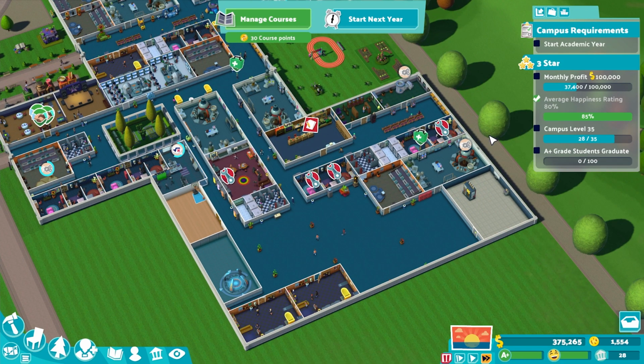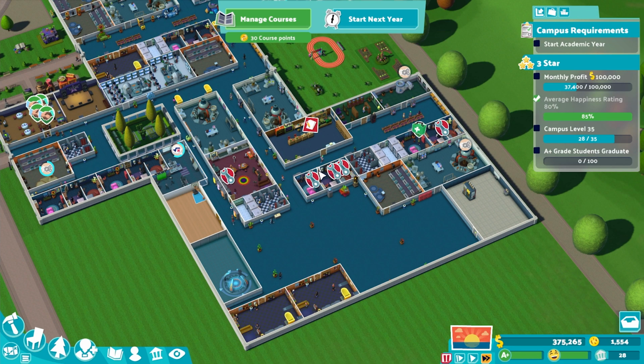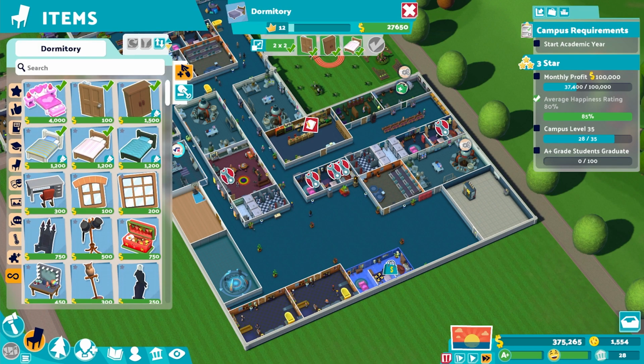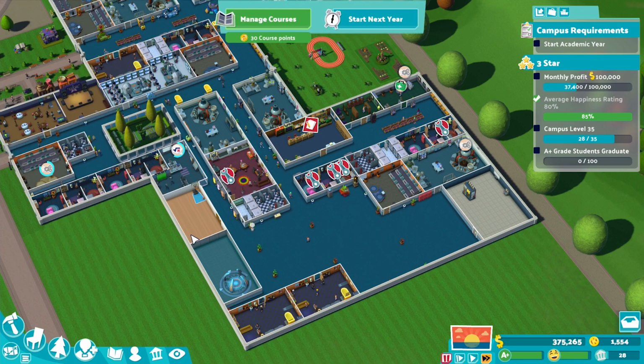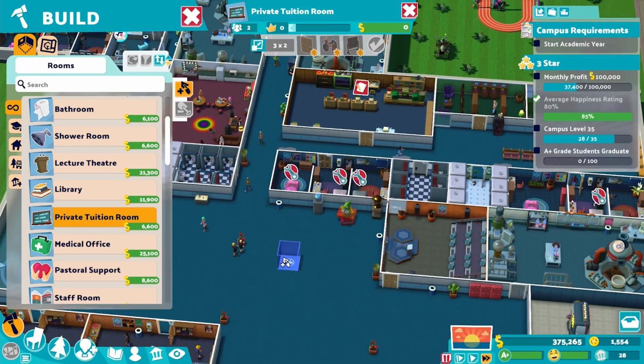I think we should leave our course costs as they are. Let's just see if we can really tweak this and get as much as we can out of our students in terms of money for upgrades and XP and stuff. So now it's finally probably time to put in a private tuition room, and we're going to put a few